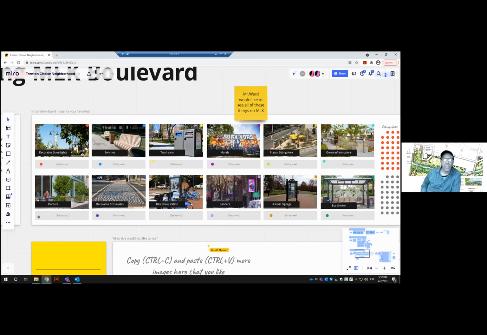The plaza sitting area, there is an area where Martin Luther King intersects with Calhoun. That plaza sitting area looks like it was tailor-made for that spot, but there's one drawback. On that next corner is a liquor store and bar. So what do you think is going to happen in that park? I think they're going to take the liquor store and the bar out. They're going to come out of that bar and sit in that park and drink.